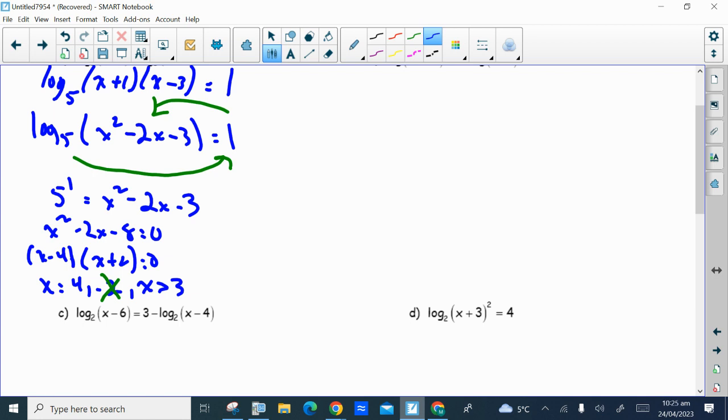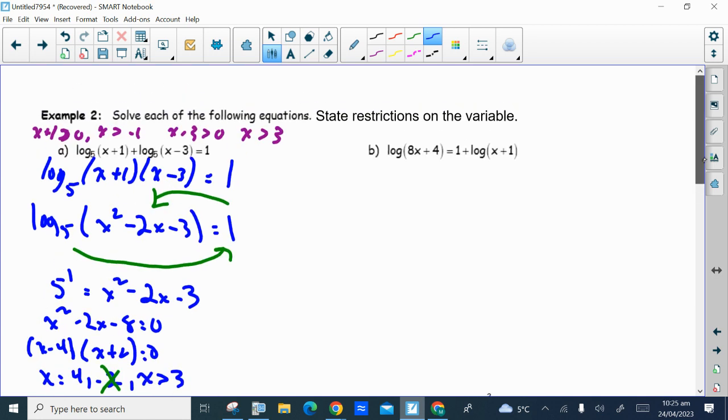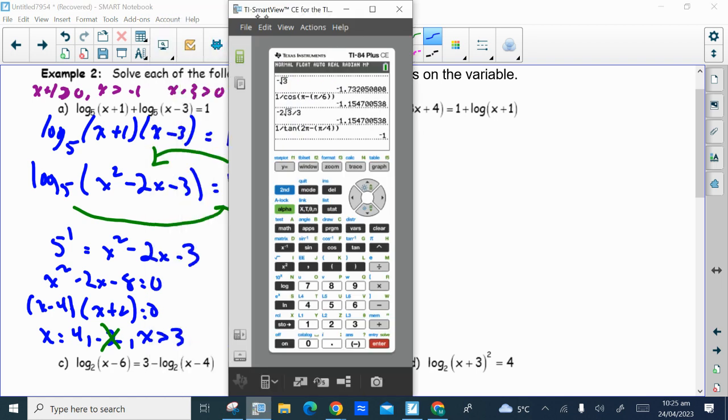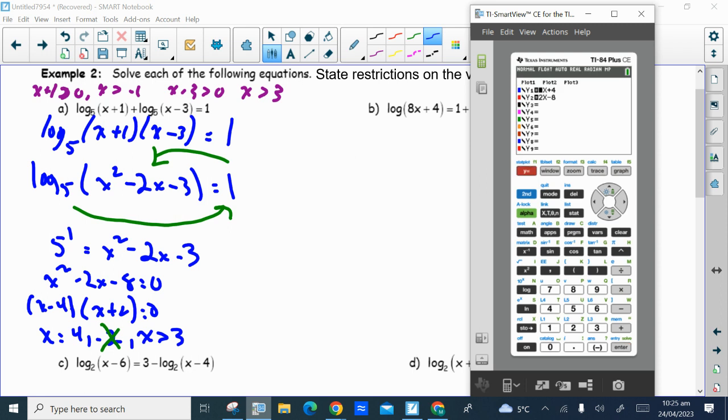Because you subtracted 5 from both sides. Okay? Now we checked the previous ones by checking them manually. This could also be checked graphically if you wanted to. So y equals would be the left side of the equation, which is a log. So log base 5 of x plus 1